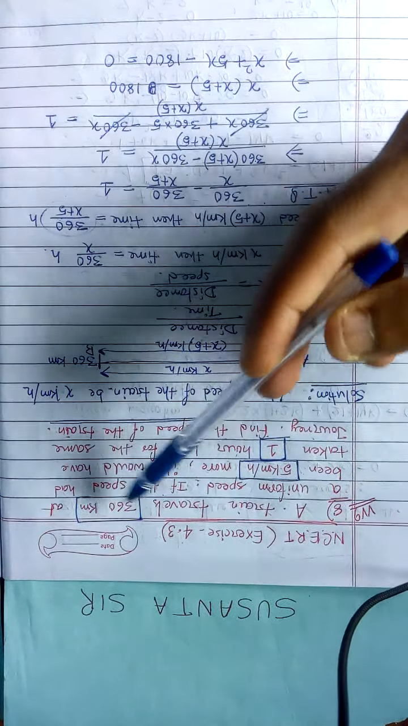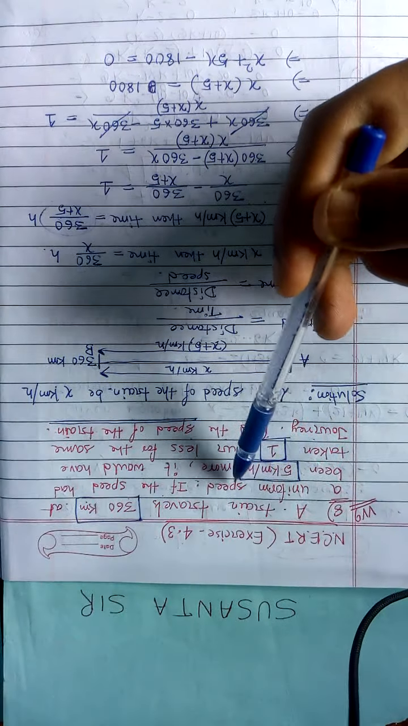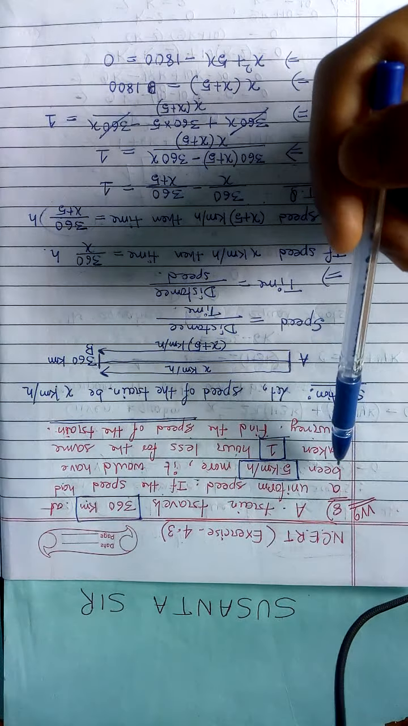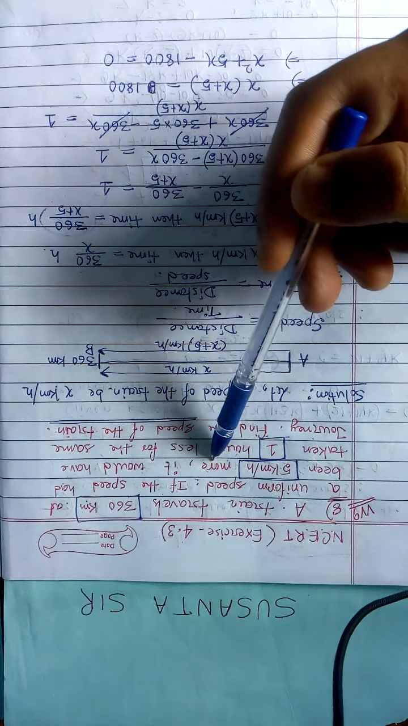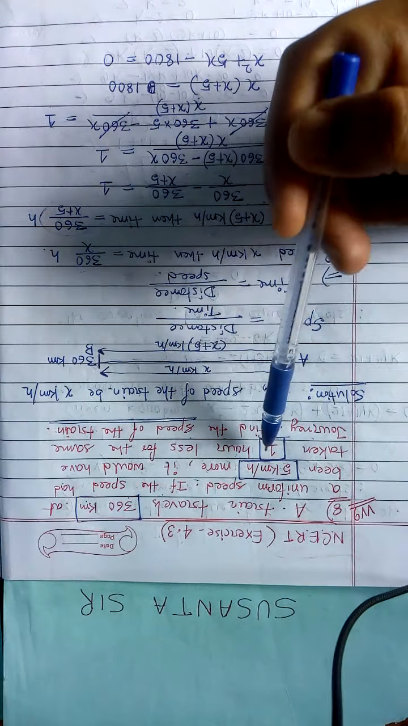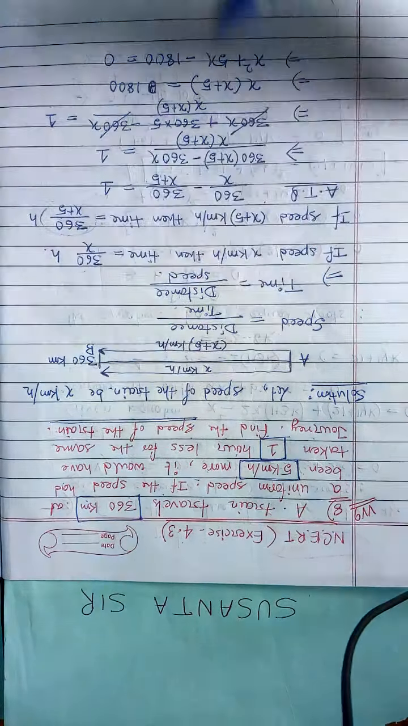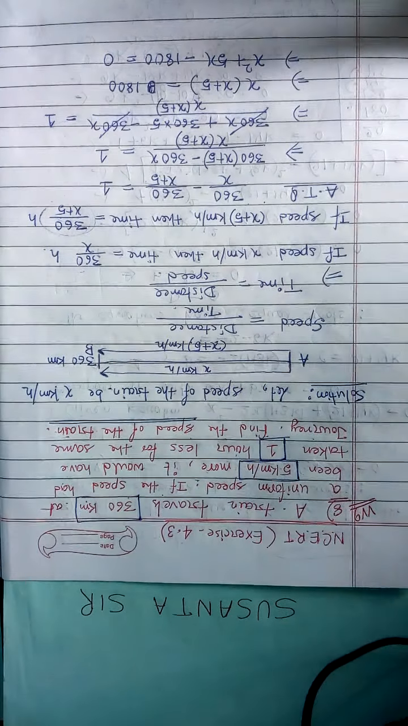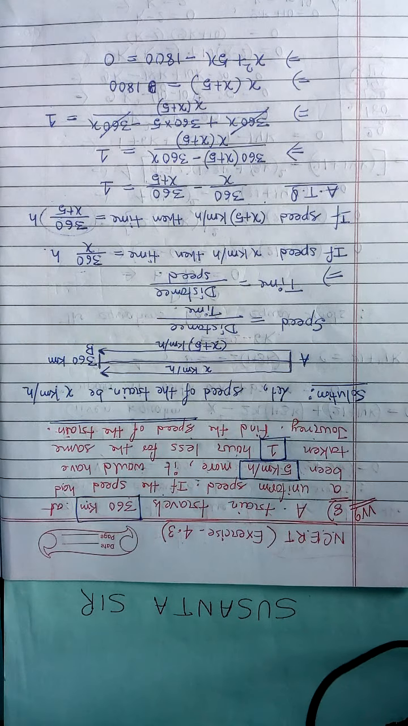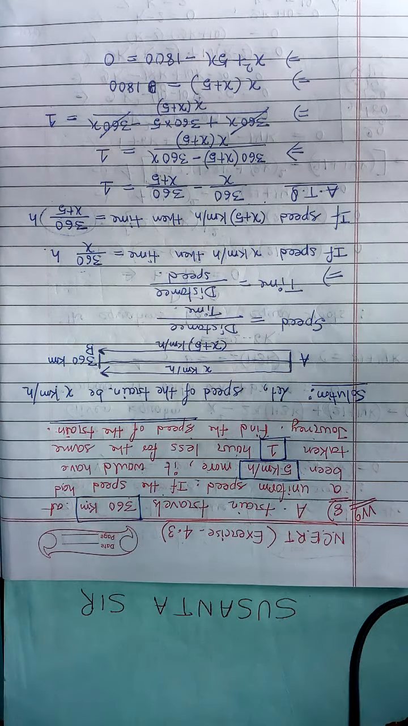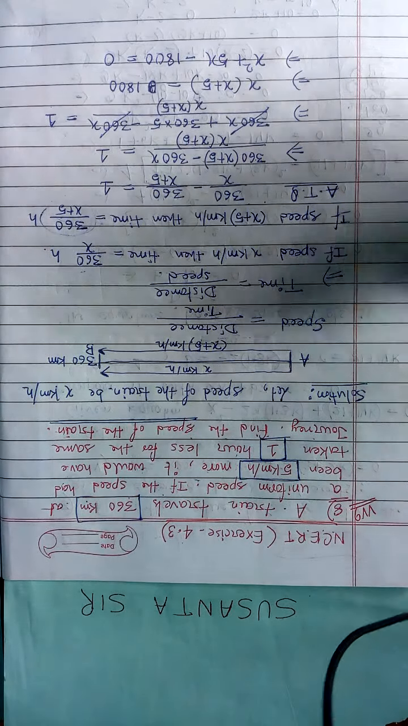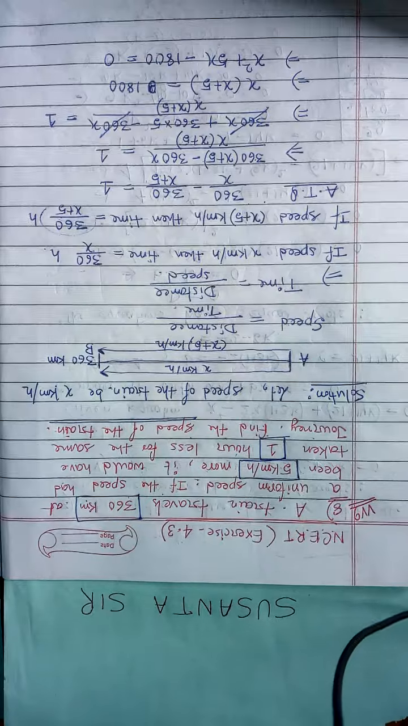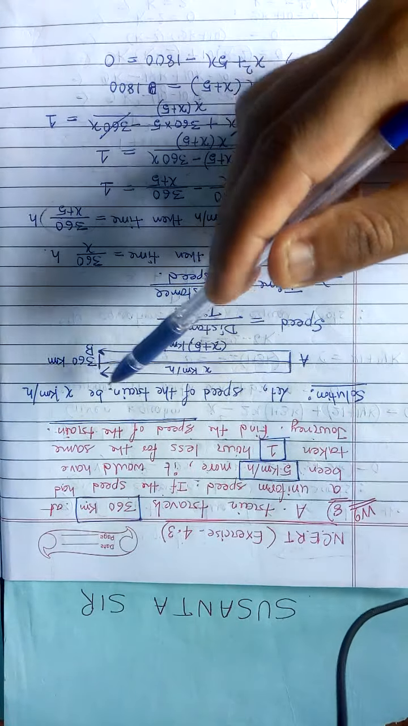A train travels 360 km at a uniform speed. If the speed had been 5 km per hour more, it would have taken 1 hour less time. It is the basic thing: if we increase the speed and we have to cover the same distance, then time will be less. Then you have to find the speed of the train. We don't know the speed of the train, that's why we assume the speed of the train be x km